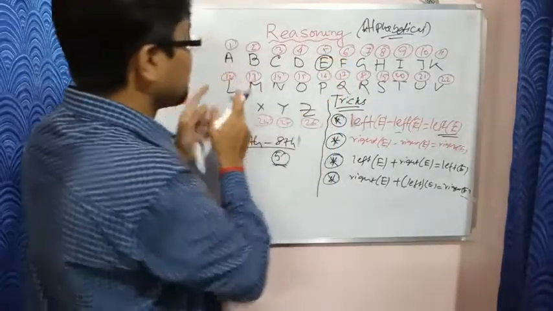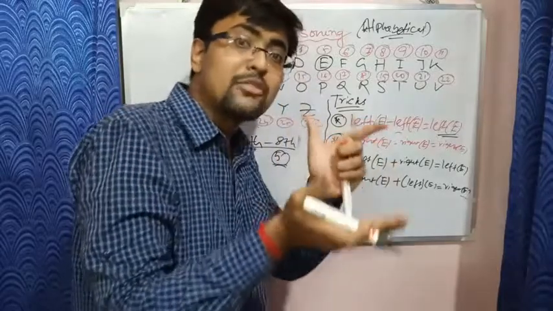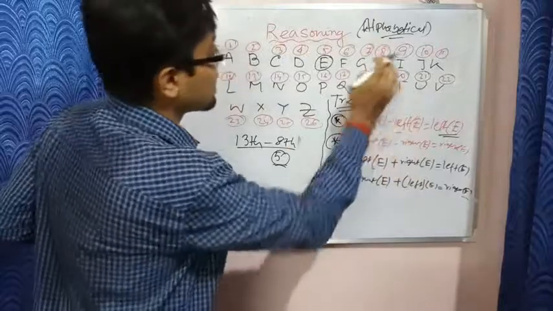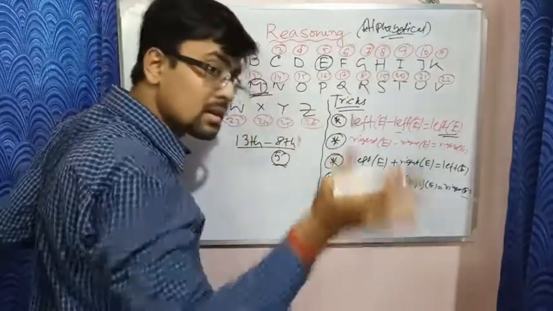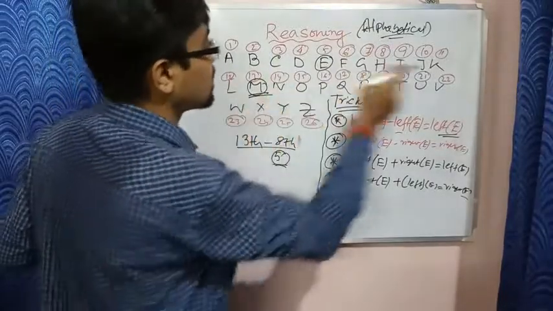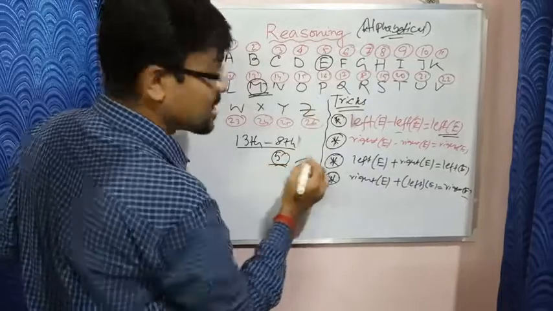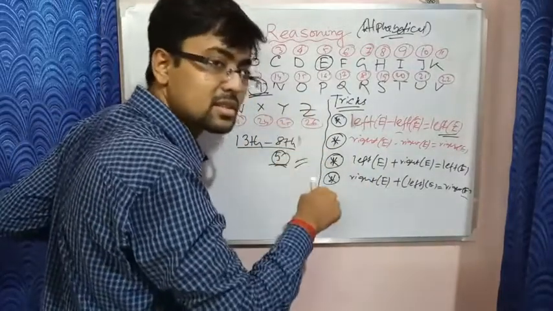That means the question is: which of the following elements is 8 to the left of the 13th element from the left hand? So left of the 13th element, that means 10, 11, 12, 13, with respect to M, count back 8, that means 1, 2, 3, 4, 5, 6, 7, 8. So our answer is E. You can solve these types of question clearly and first in the examination hall.